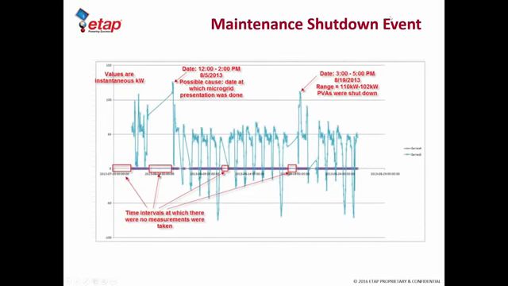Here's a quick event that I just wanted to share with you, which is a maintenance shutdown event. So we're tracking instantaneous values, and this is back from 2013, and what we're tracking is actually the demand in the system. The negative values are correct. That's essentially where we were actually injecting power back into the network. But as we can see over here,